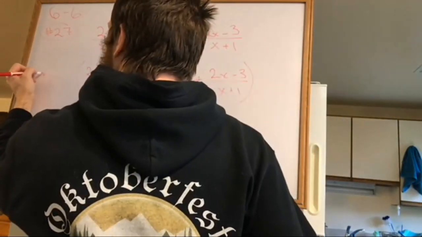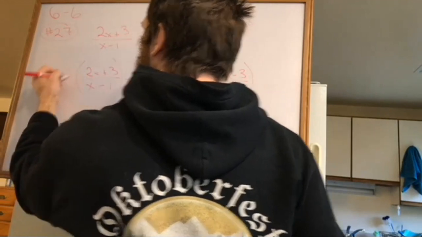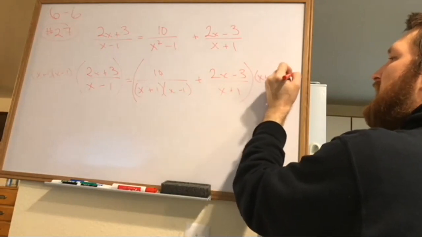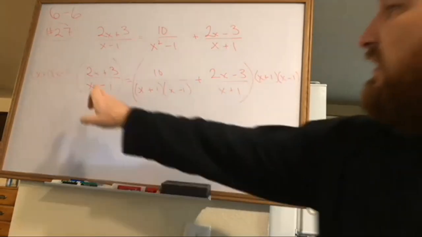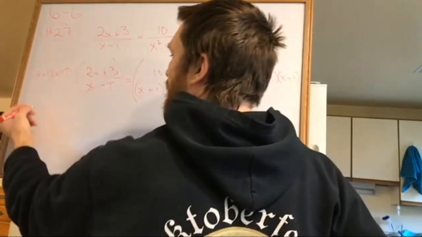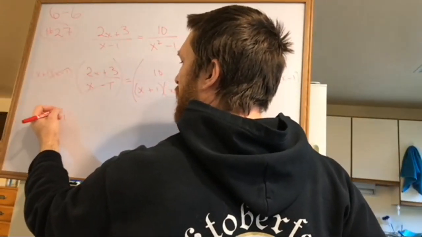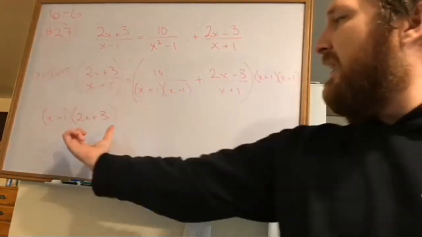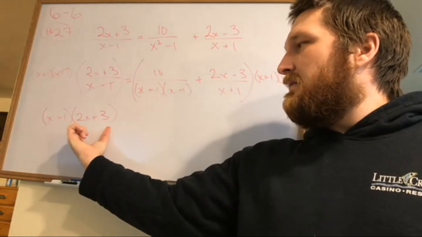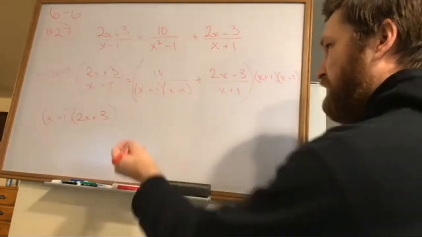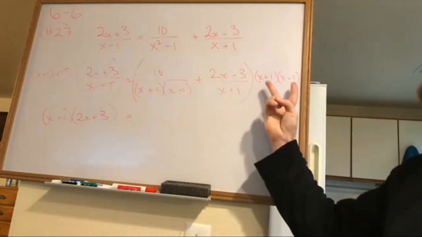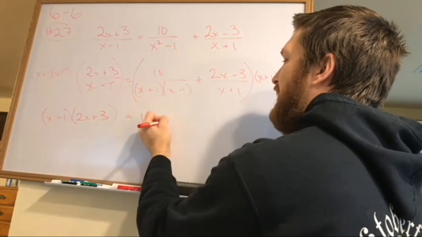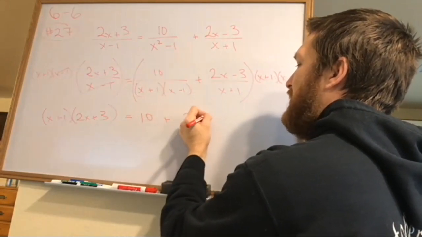And so we go x plus 1, x minus 1, x plus 1, x minus 1, on both sides. That kills the denominators. This guy kills that guy. And all we're left with is x plus 1 times. And this was the key here, right? To treat that like that. When you redid it, did you do this? Yep. Okay, good. So these guys jump over and kill these guys. All that's left is a 10. This guy is a 2x minus 3